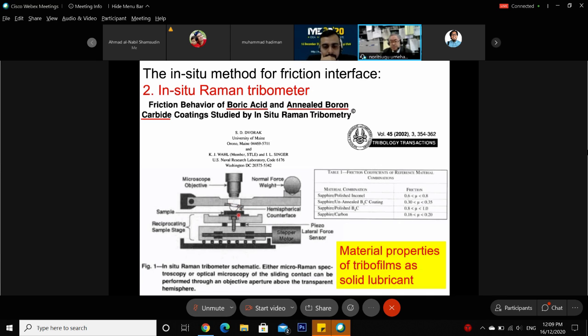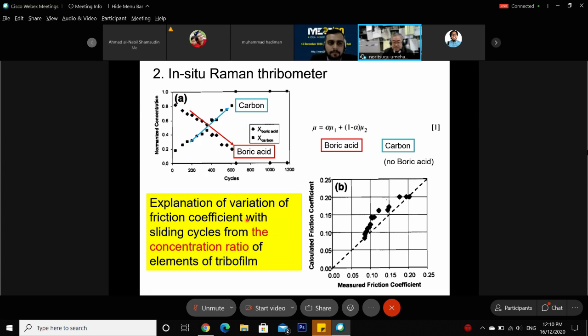In this method, by using Raman spectroscopy, they got the material property of tribo films as a solid lubricant. So they would like to get the effect of the material on friction and wear. They have used boric acid and annealed boron carbide coating. On the basis of their research work at the Naval Research Laboratory, after repeated sliding,